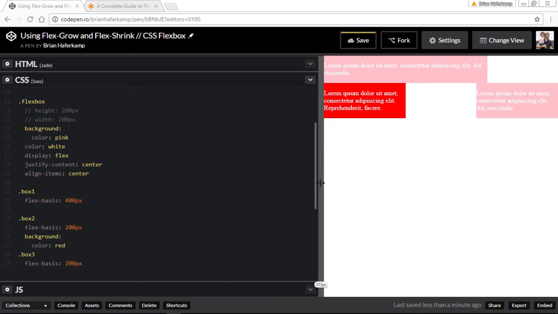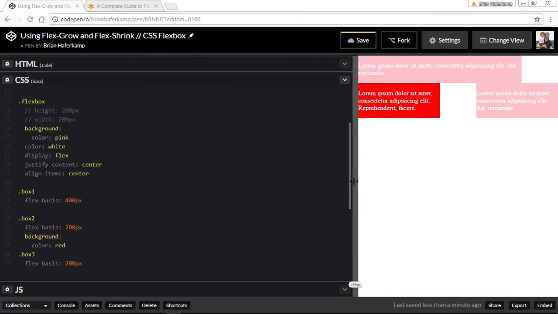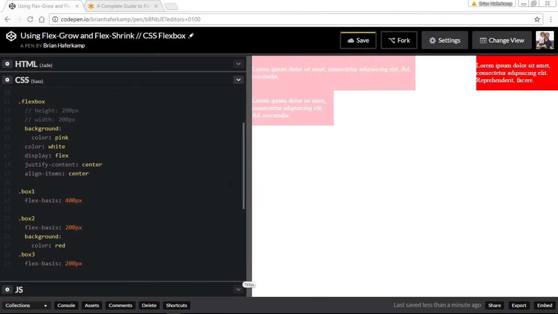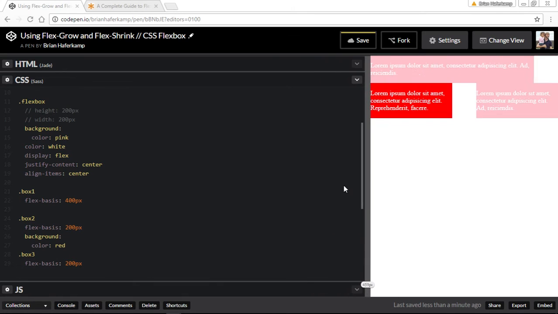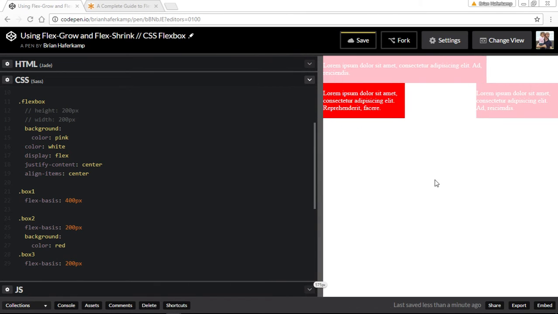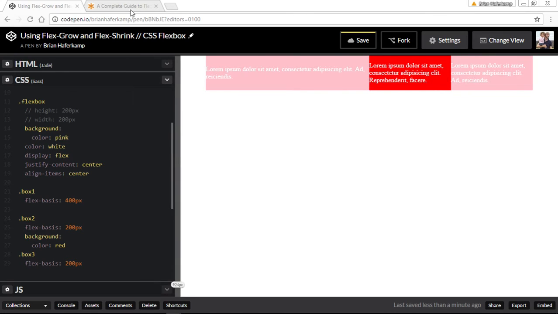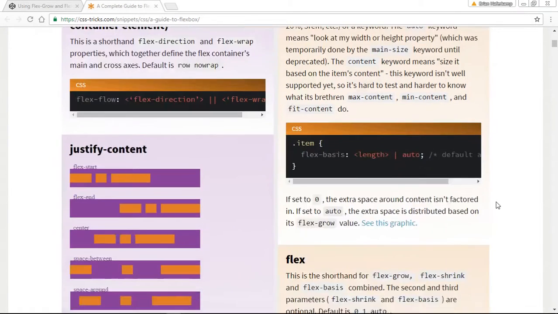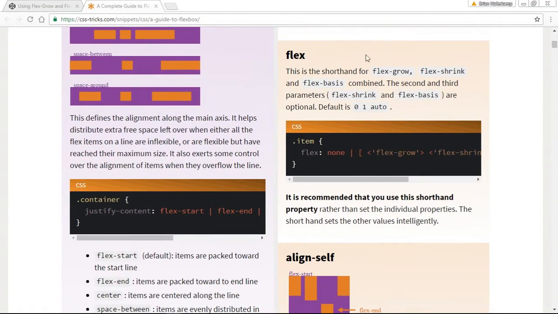But because these are inflexible, it's going to lead to some kind of strange wrapping, because once it wraps, this is not going to fill the available space. Now, one of the ways that we can get around that is I'm going to show you how to combine the elements